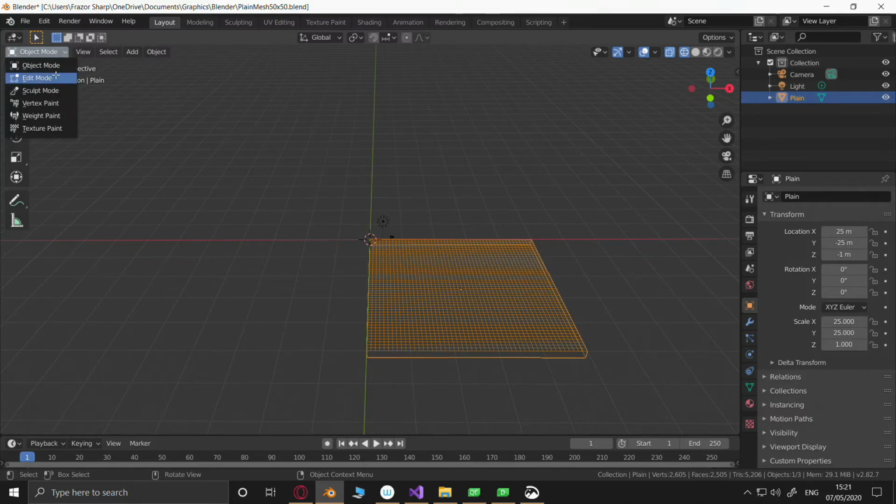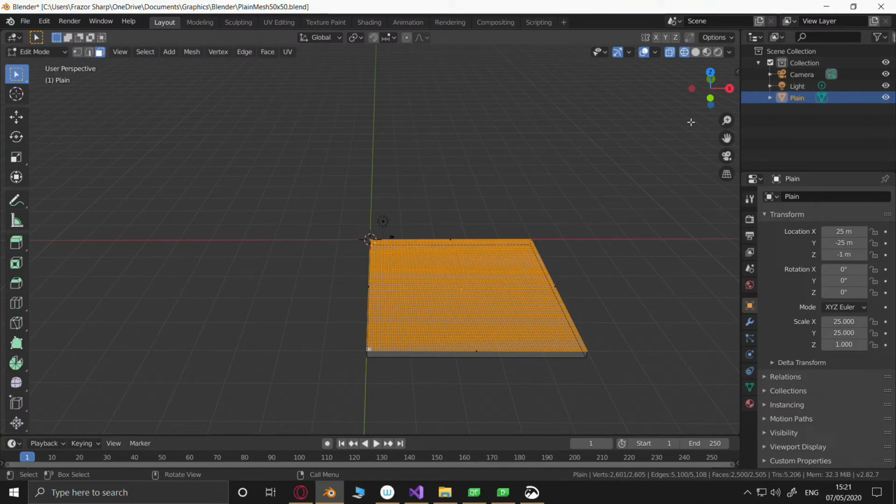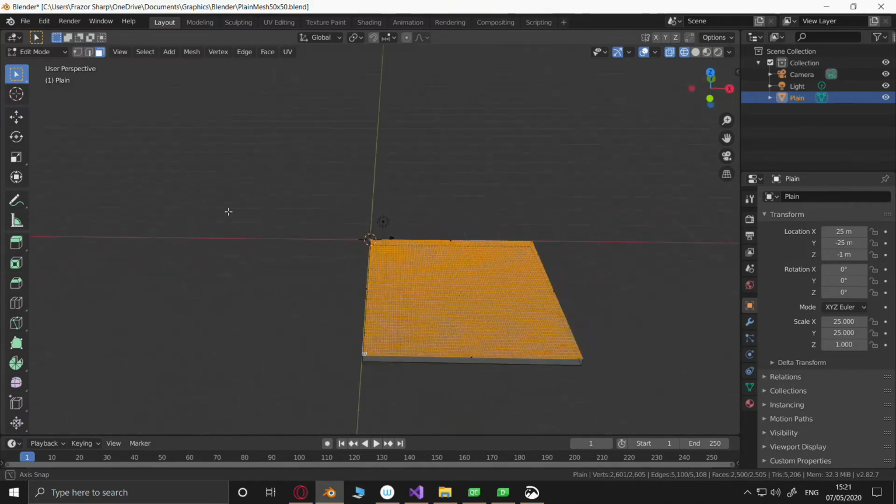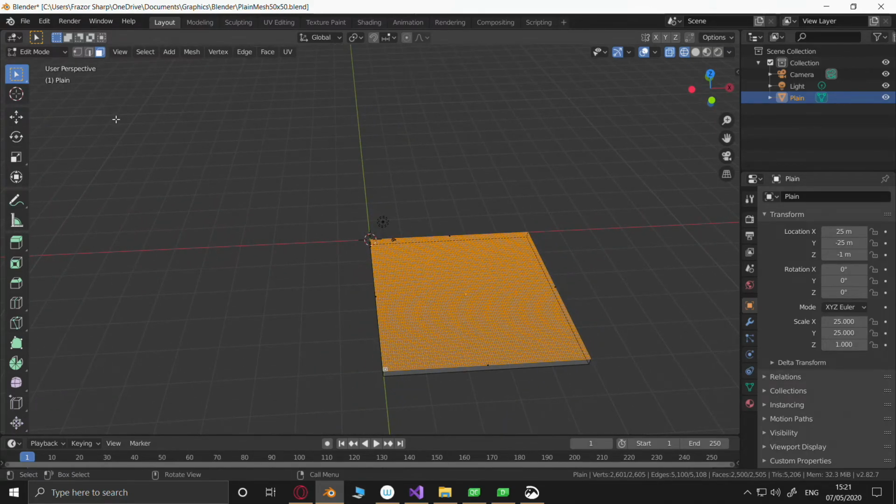Alright, let's go to edit mode and make sure we have our whole object, not just the surface this time. Oh, we are still in surface, are we? Alright, we'll stick with the top surface then. Alright, fair enough. UV, here we go.